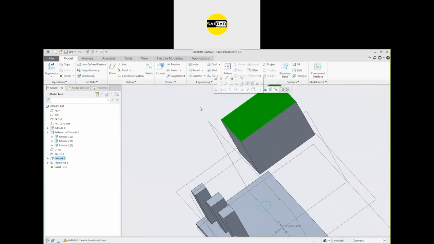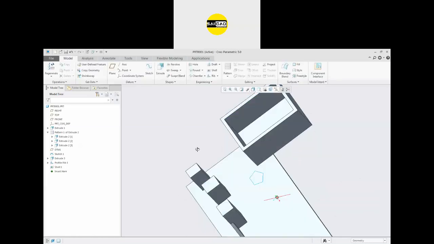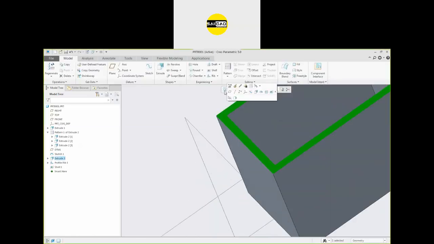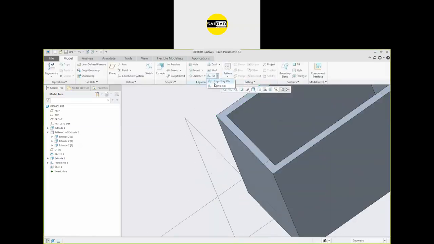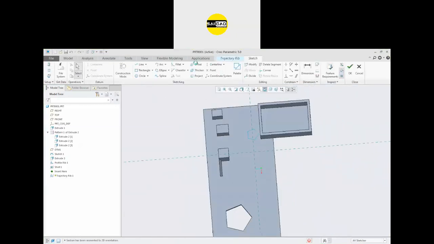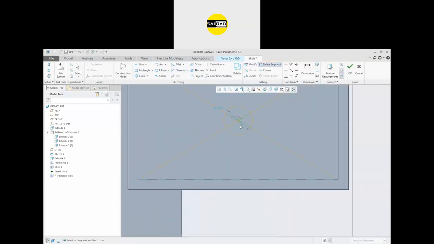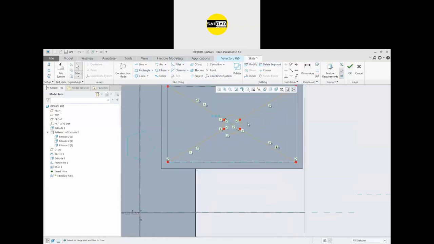If you want to create a trajectory rib, just create a hollow feature like that. Okay. So create a sketch here or go to the rib, go to the trajectory, select the face and create the sketch. I want to create some lines. You can create the lines at an angle also like that. I'm going to create a circular entity at the intersection. I'm going to trim the internal entities like that.